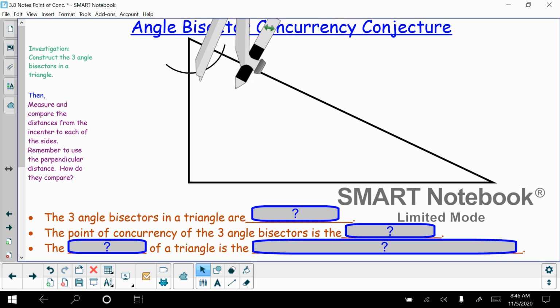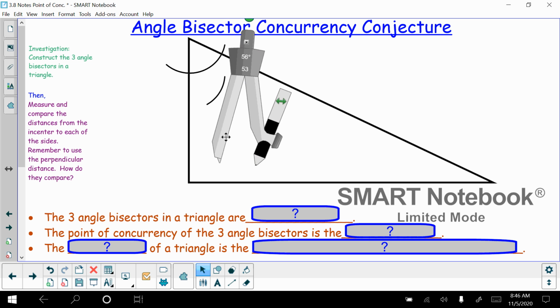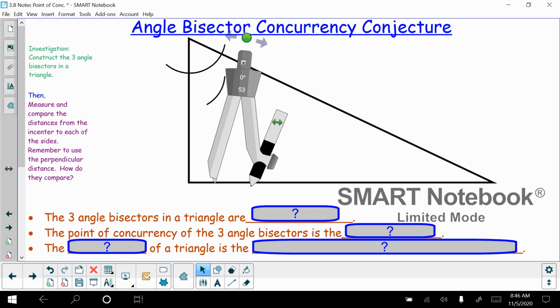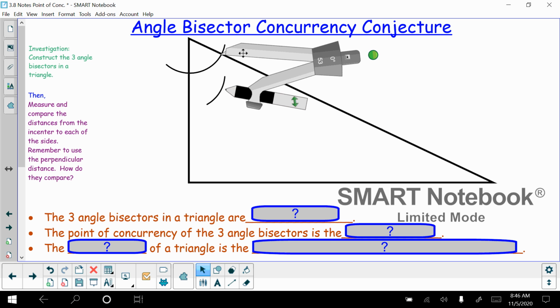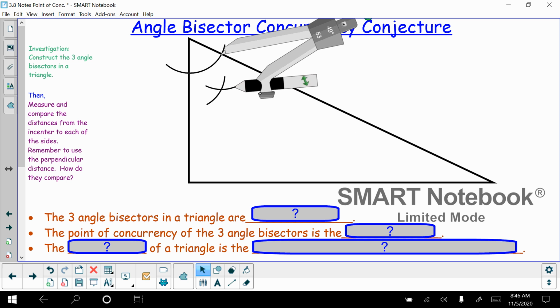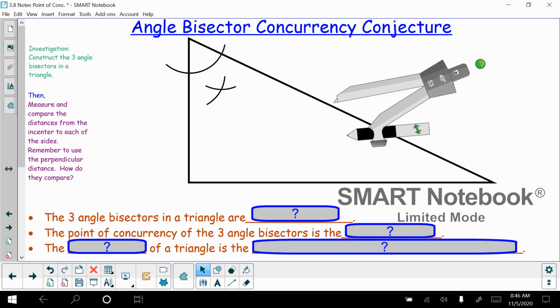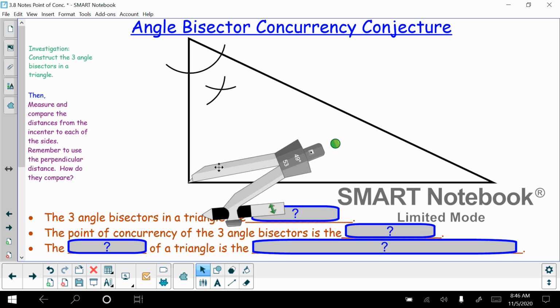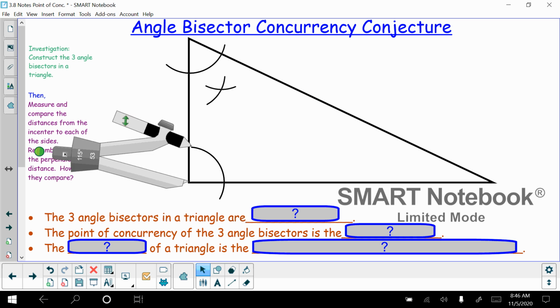And so you know you have to start off by making an arc on each angle. You're going to do this for all 3 angles. Okay, and then once you do that, you'll use your ruler to make it. I'm going to make all the arcs first before I